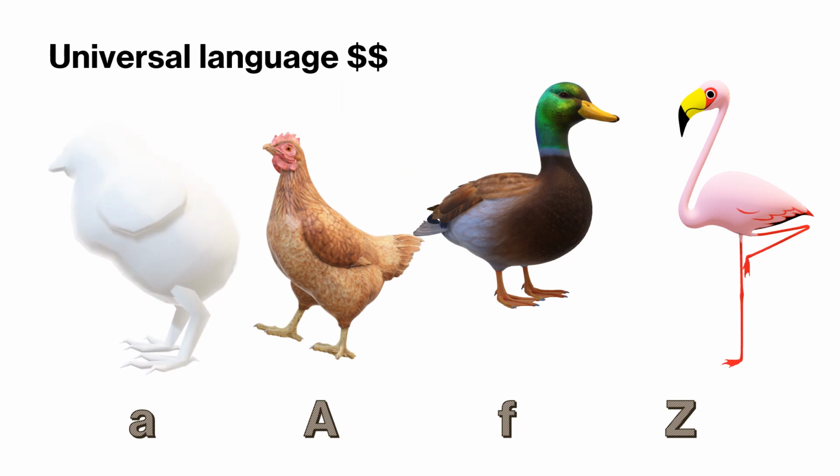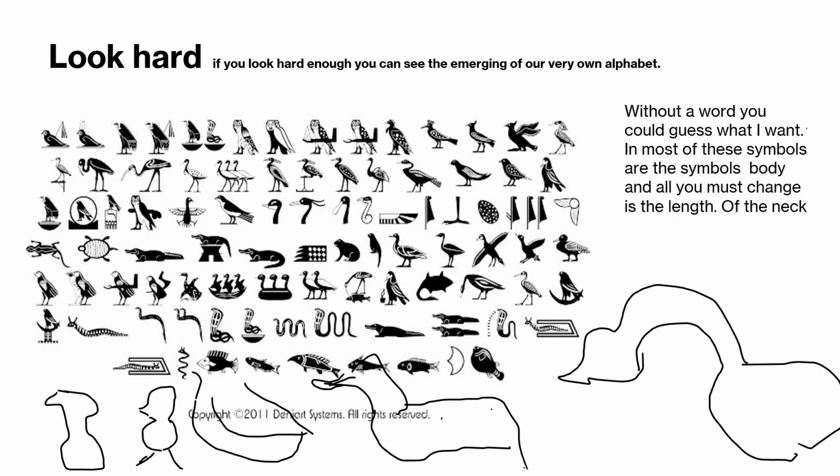Now, what I want you to see is these pictures here. A baby chicken, a regular chicken, a duck, and a flamingo. Now, I want you to look hard. If you look hard enough, you can see the emerging of our very own alphabet. Now, as you can see on the bottom of the screen here,